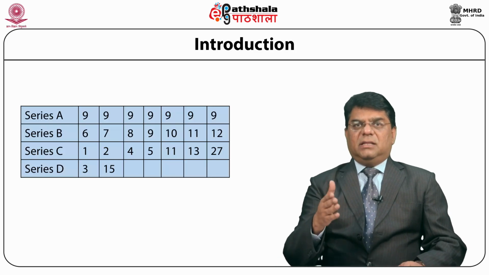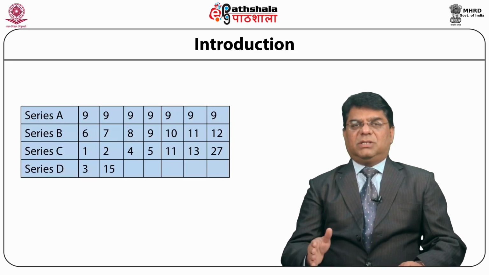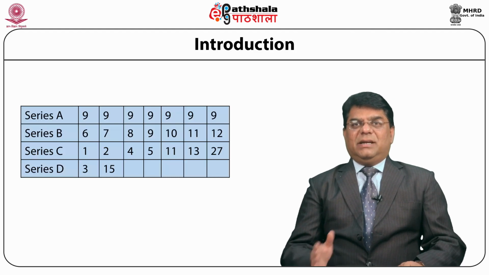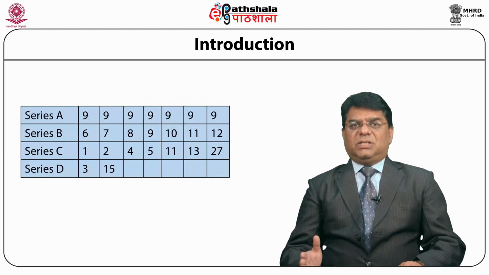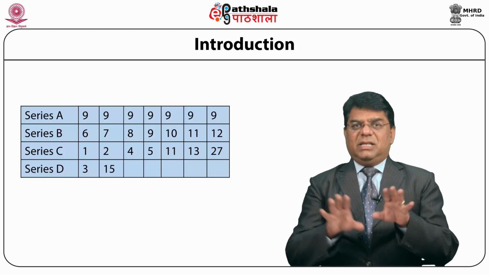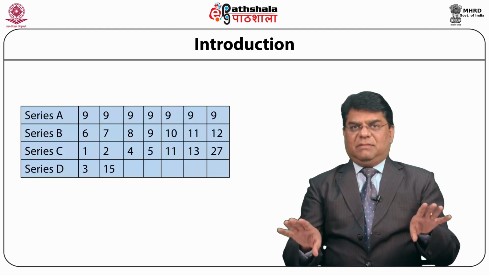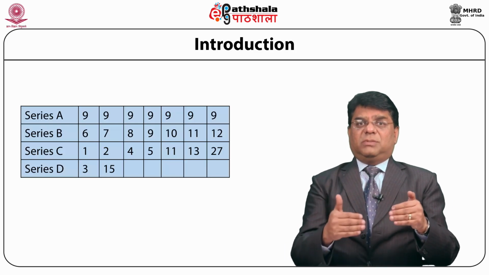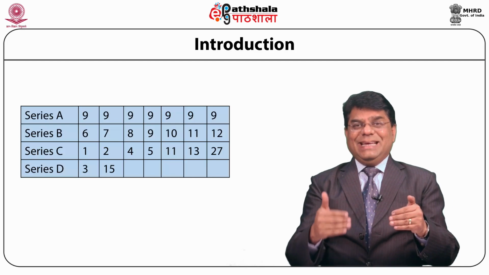In series A, the mean is 9 and all the observations are the same. In series B, the mean is 9 and the observations are scattered ranging from 6 to 12, but not very much scattered. In series C, the mean is the same with the value 9, but the observations are too much scattered, ranging from 1 to 27. And in the last series, series D, there are only 2 observations, but still the mean is